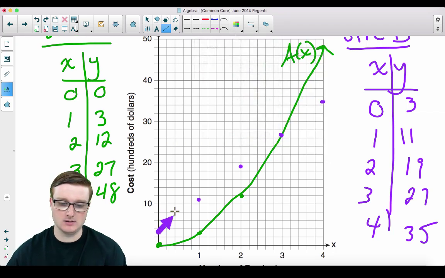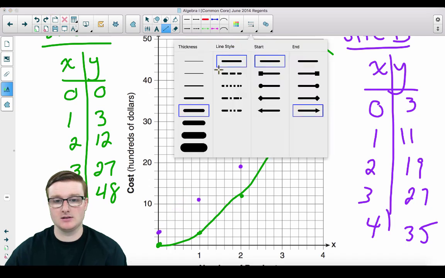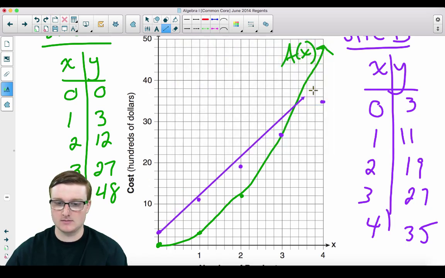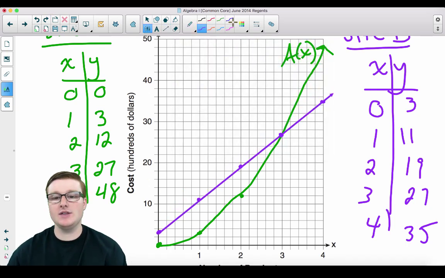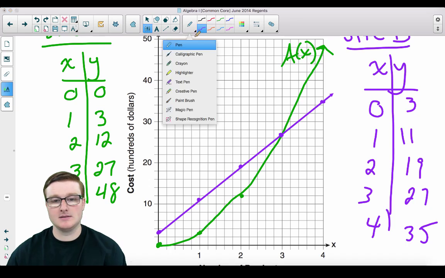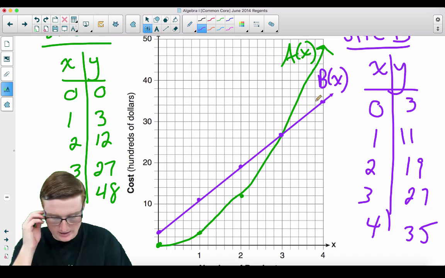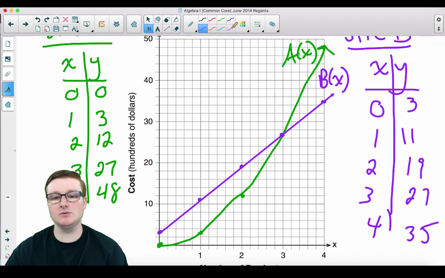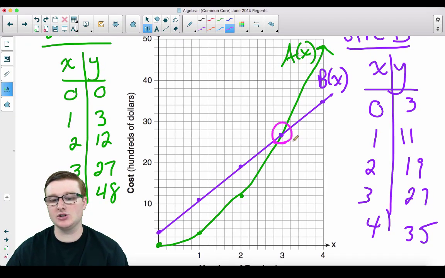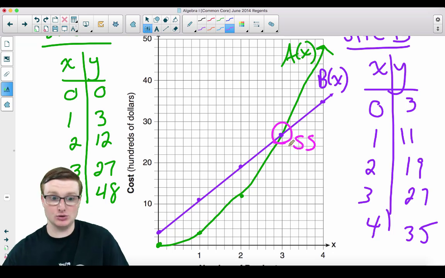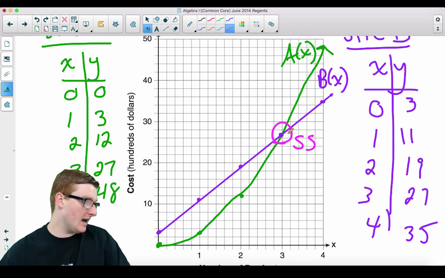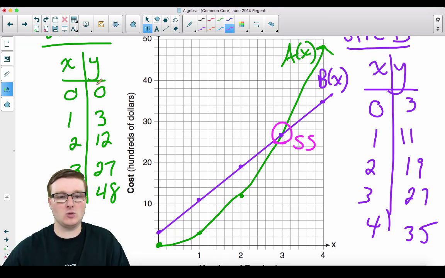Purple. That is too thick. Okay, so this is B of x. That's site B of x. So now we're done with this. Now, if you really want to be very particular about your answer, you can circle this and put that as SS for solution set. So now let's go ahead and take a look at the follow-up questions,